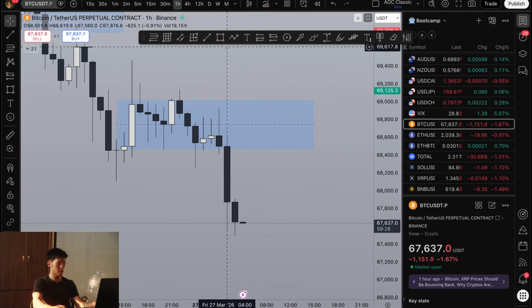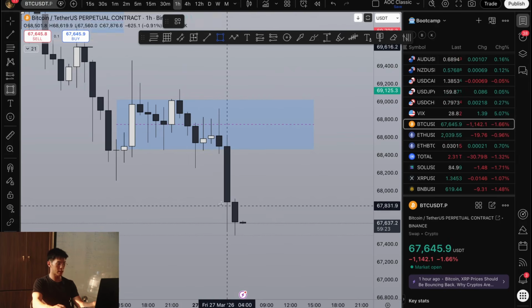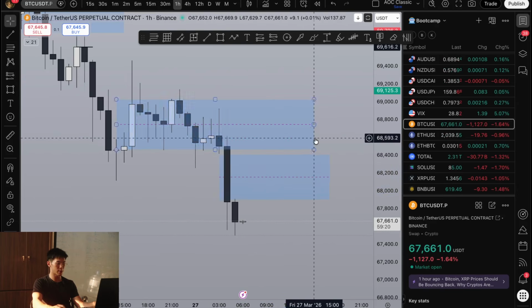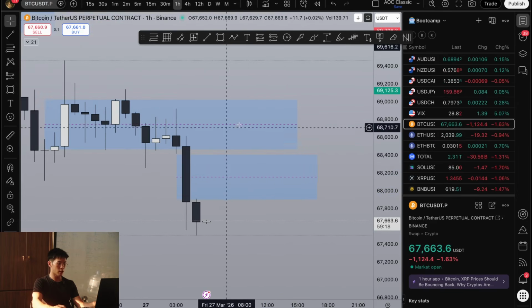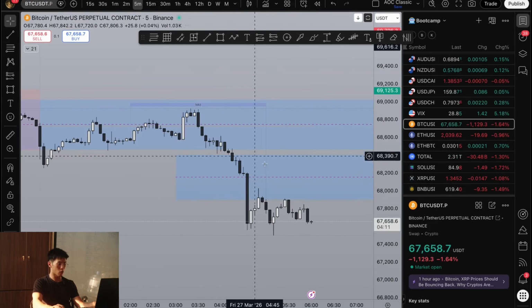for continuation towards the downside. But to be honest, as it stands right now, it's already 6 a.m. and today is a non-news day, which means the ideal trading window for today is literally just going to be between 7 a.m. to 10 a.m. So instead of using that order block, I'm going to say once you get into this fair value gap over here, and if the 5-minute charts start to show a 5-minute CISD,